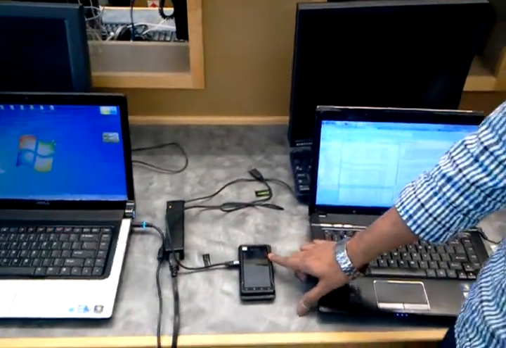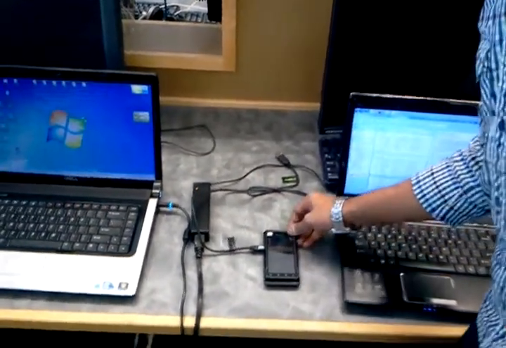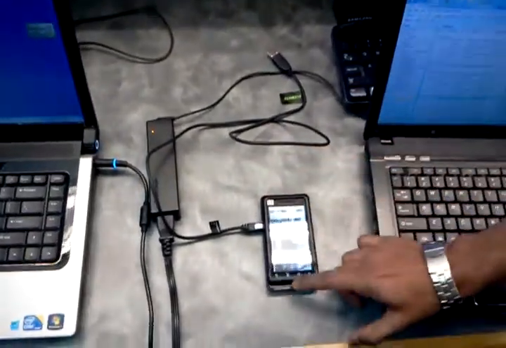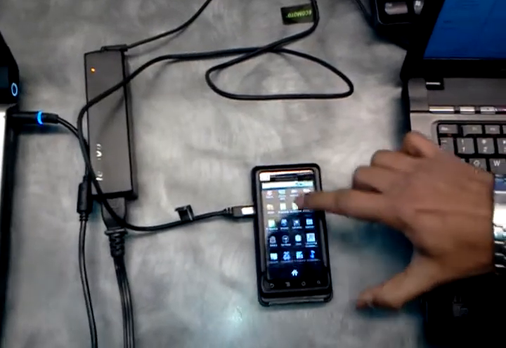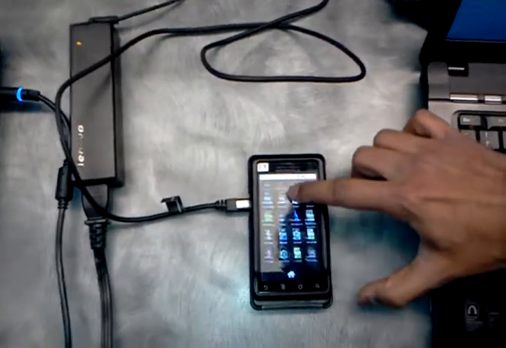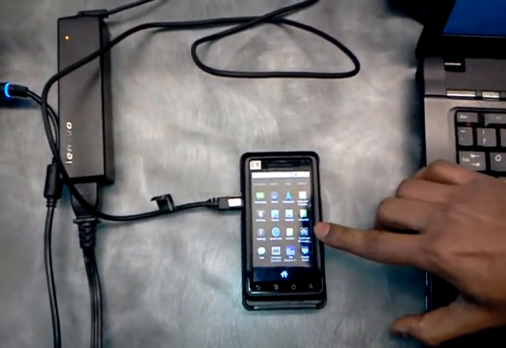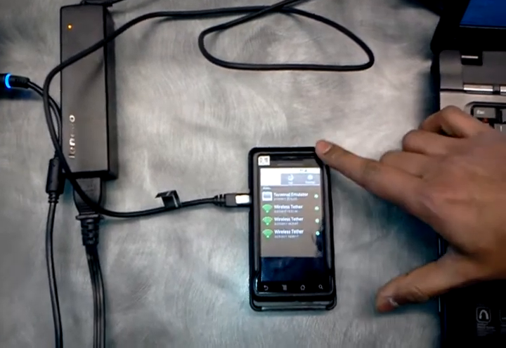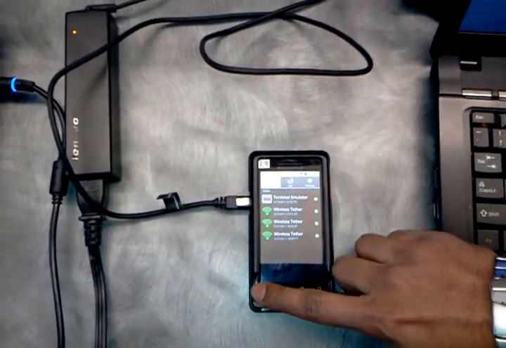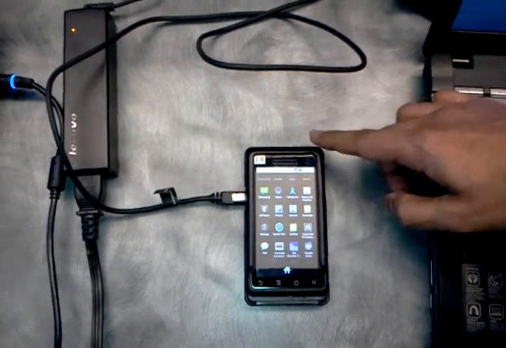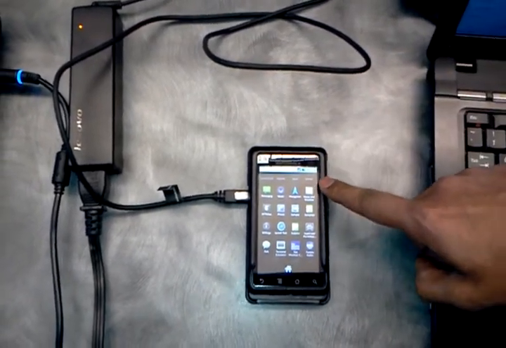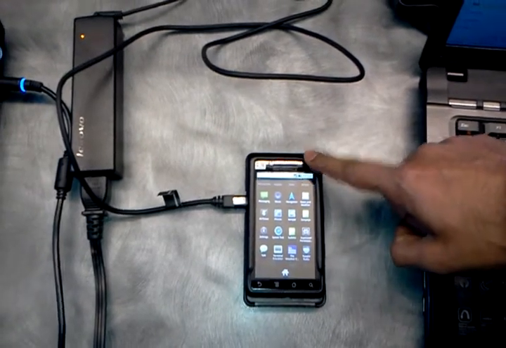This device has already been rooted, as can be seen here. This is an indication that super user permissions have been given to this device. Since this is a Linux machine, in order to access the hardware capabilities of the device, you need this root permission enabled. So this device has already been rooted.